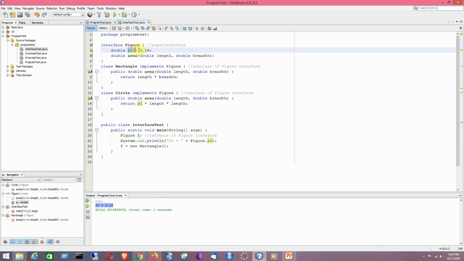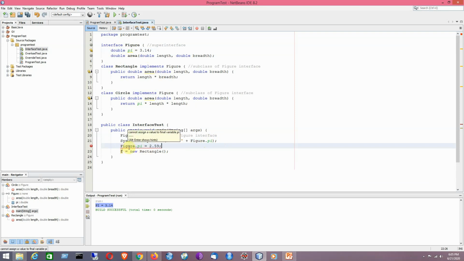That means it is basically like a static field. Though I have not written the keyword static here, it is by default static. Another thing I would like to mention: say I would like to modify the value of this variable, say I write 2.59 here. It is not allowed because we cannot assign a value to a final variable. That is the definitive proof that it is a final variable.